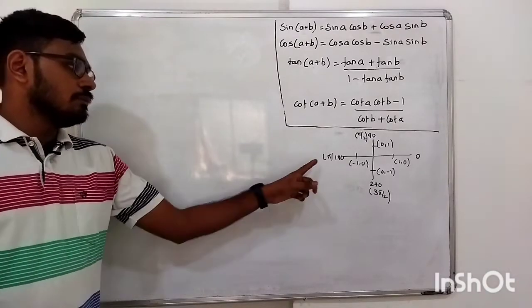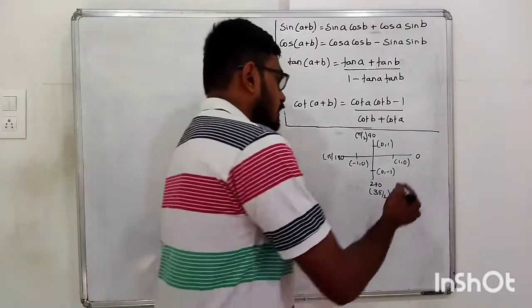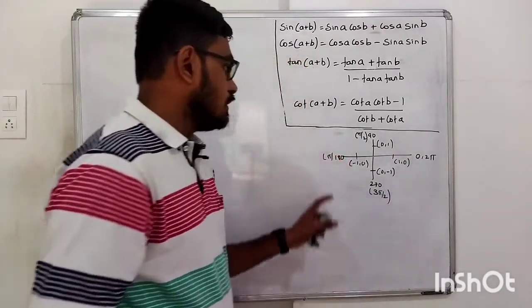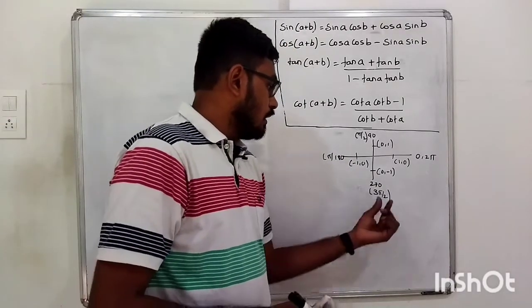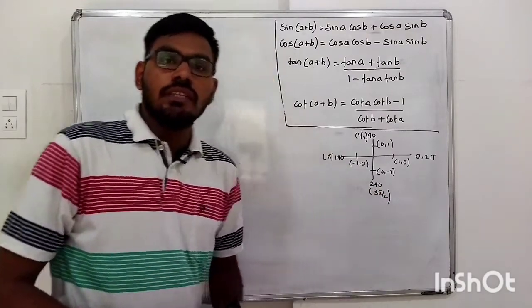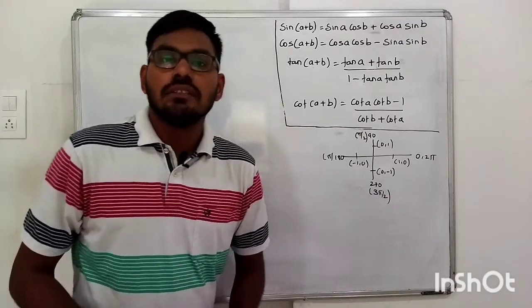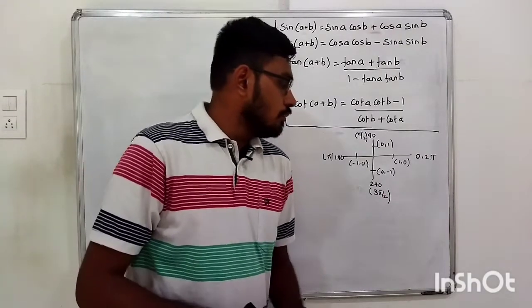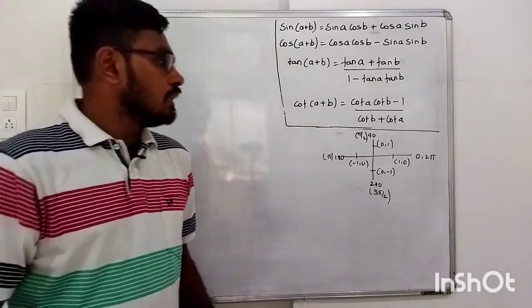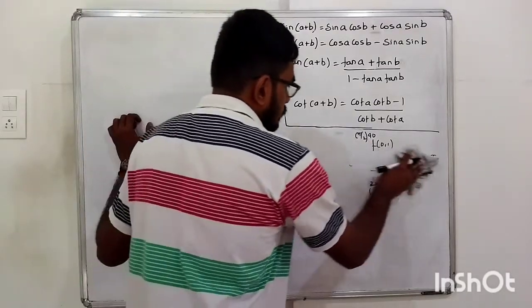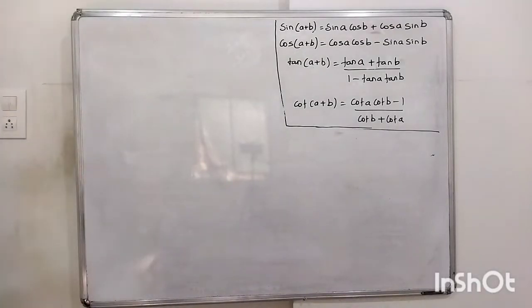So you have to just remember this, especially these 4 at least. Here you can remember 0 or 2 pi and so on. Especially these 4 you have to remember. And if you don't remember in radians, mostly it will be given in radians, you can just convert into degrees. So pi is 180 degrees. So 3 into 180 upon 2, 540 upon 2, which is 270 degrees. Understood? So these are the 4 formulas.